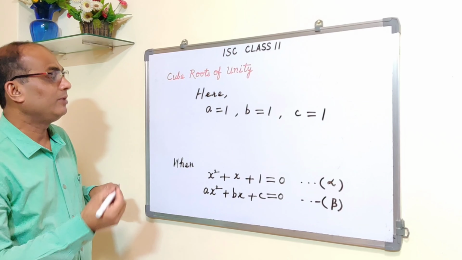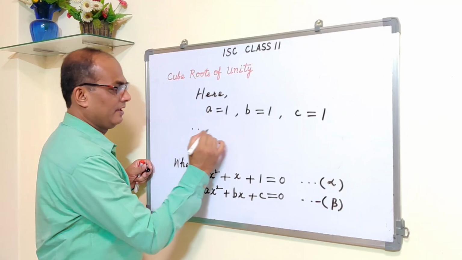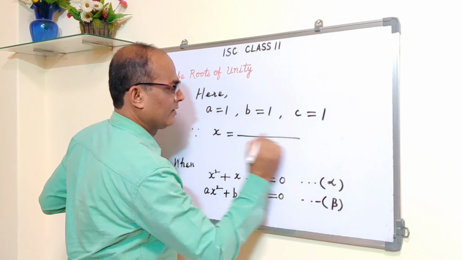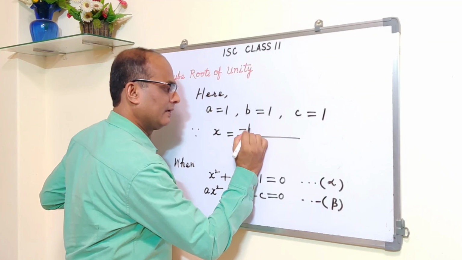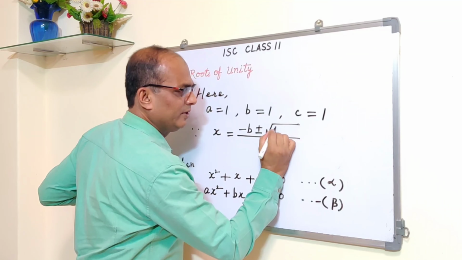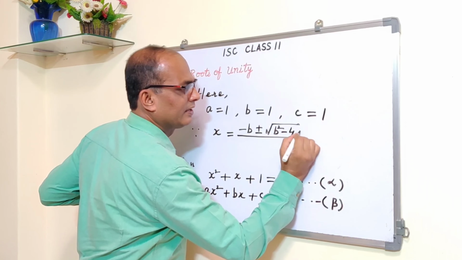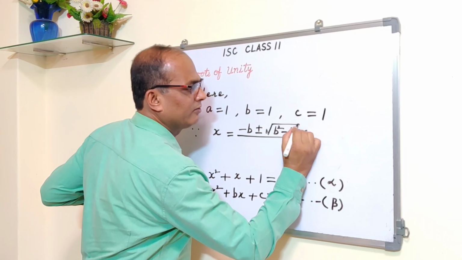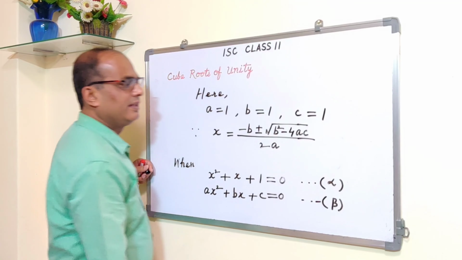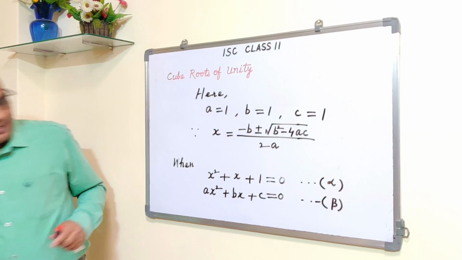Alright, now let us substitute in the formula. The formula is x equals minus b plus minus root of b square minus 4ac, whole divided by 2a. This is the formula. In this formula we substitute and we get,